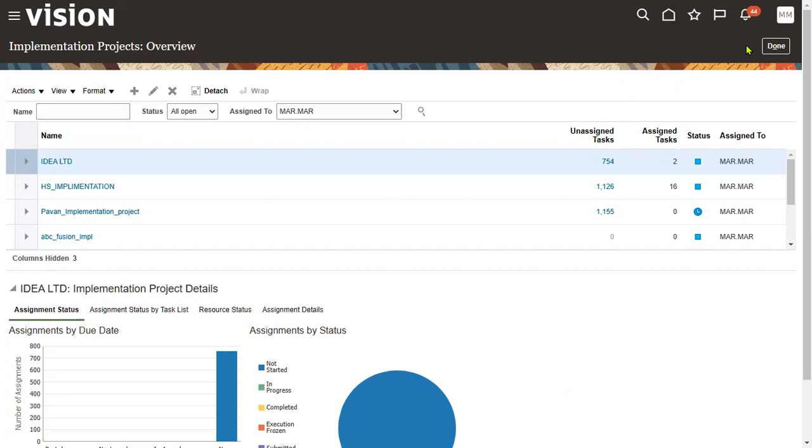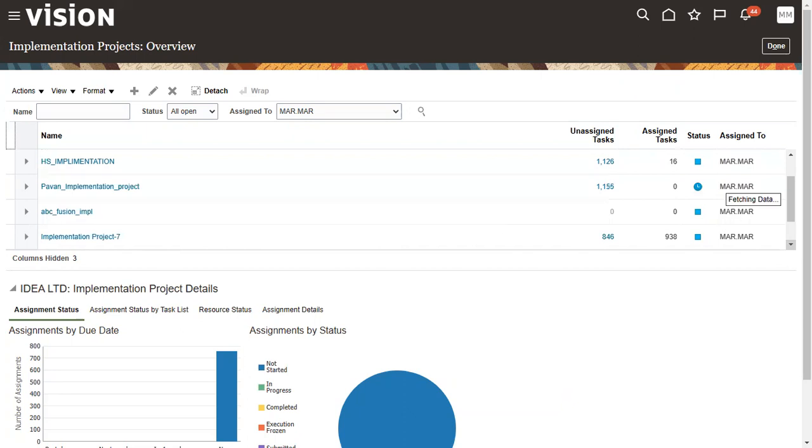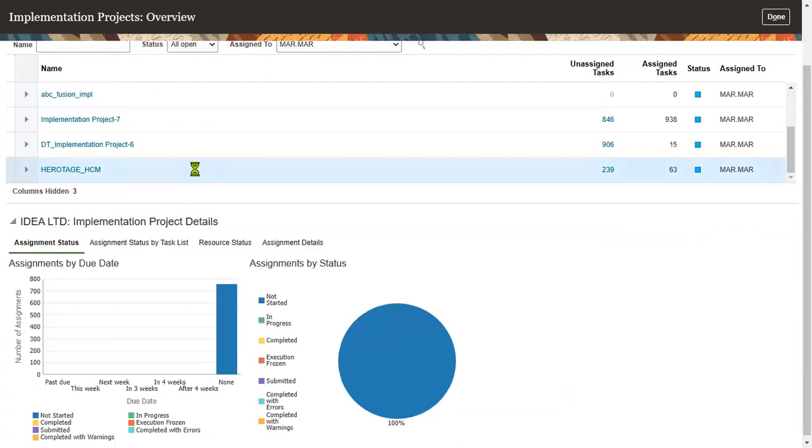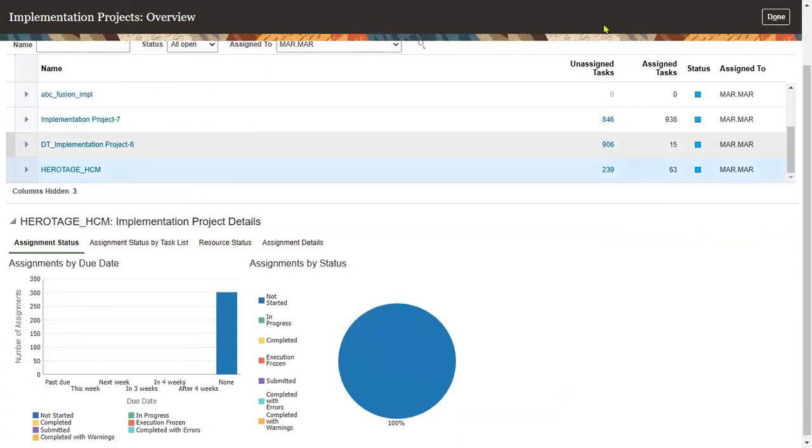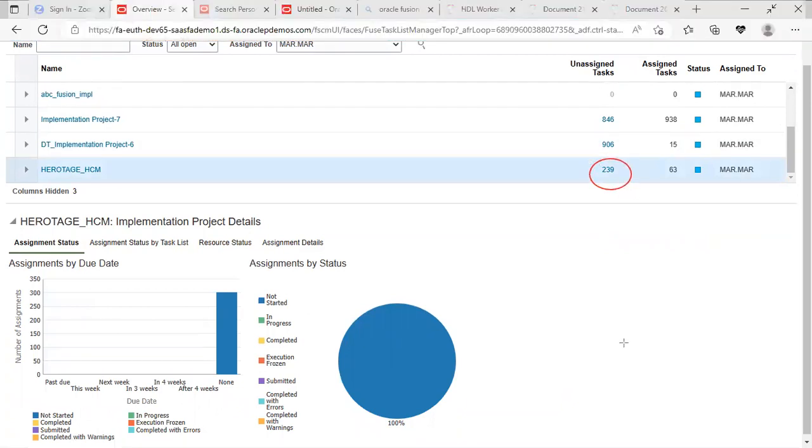Here I can find the complete project status. What is our project? Heritage HCM project. Just select it. Now what is the system showing? Total 239 setups we have to do for both the modules. Out of that, 63 setups have been assigned to our team members so that they can start working on that. And here assignment status